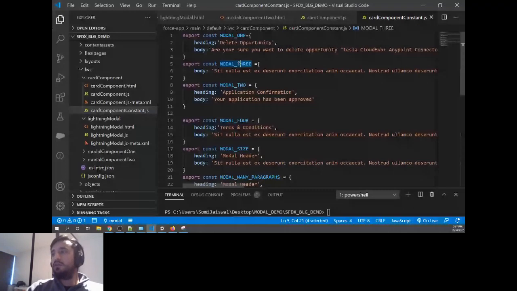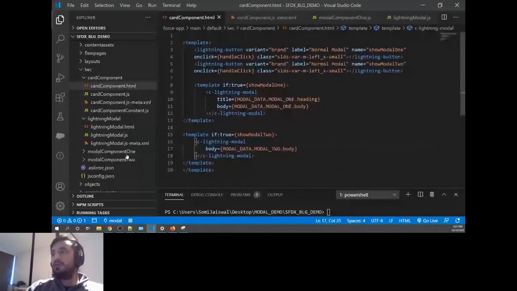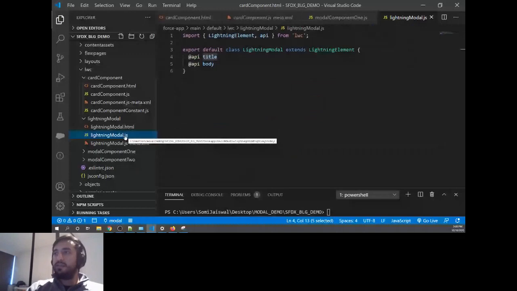Right now I have a component that I have created, lightning model. I'm just playing around with the parent component. So it's still loading. Here in our JS file, we are still expecting the title, and we haven't done if:false in the child code. It's pretty slow.